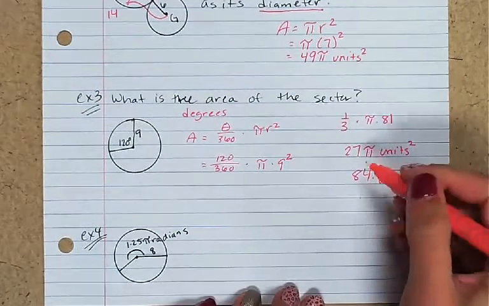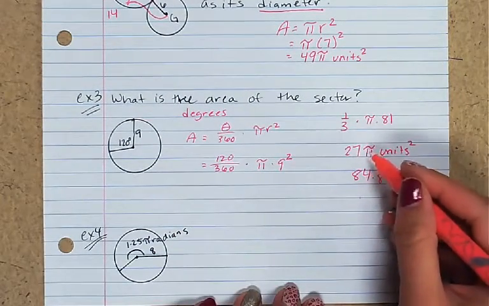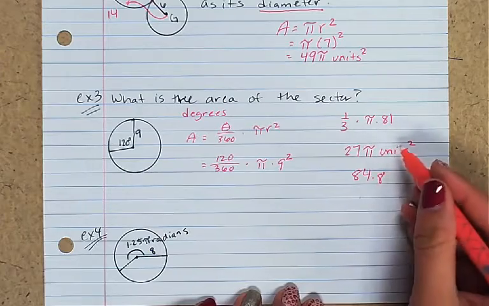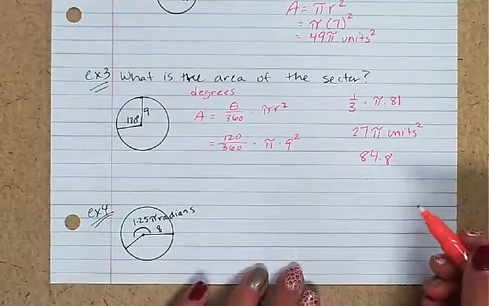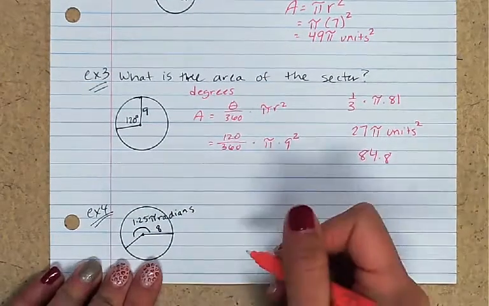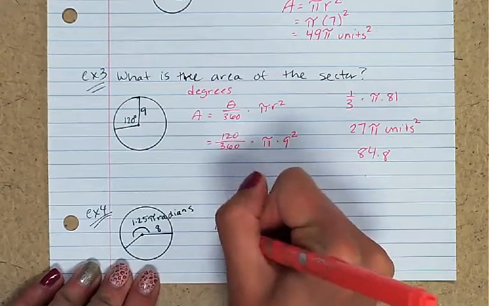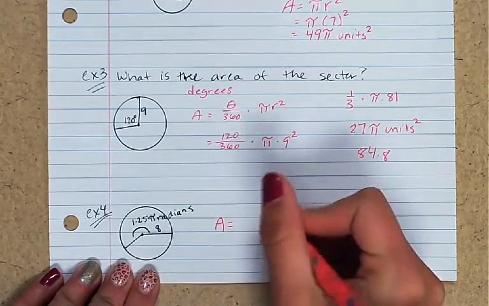So those mean the same thing. It'll just depend on what the multiple choice looks like. If they want you to leave the pi not multiplied in, or if they want you to multiply it in, it'll be a decimal. When you're using radians, the area is going to be